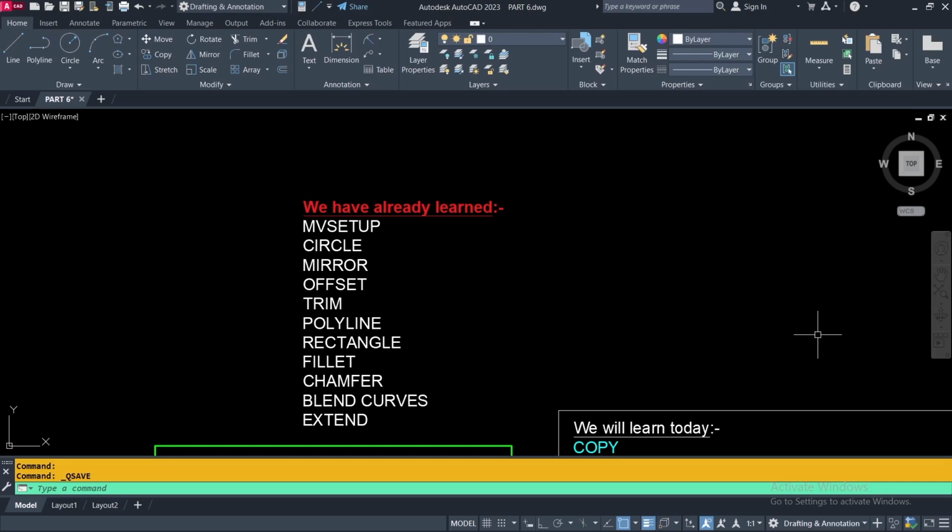I learned AutoCAD in the year 1998 using version release 14. At the time, the AutoCAD interface as well as the mouse was not so much developed. For that, we had to enter many shortcut keys through our keyboards. After that, with the gradual development of AutoCAD software as well as the mouse, the use of shortcut keys is gradually decreasing. I have been teaching AutoCAD for the last 22 years since 2004